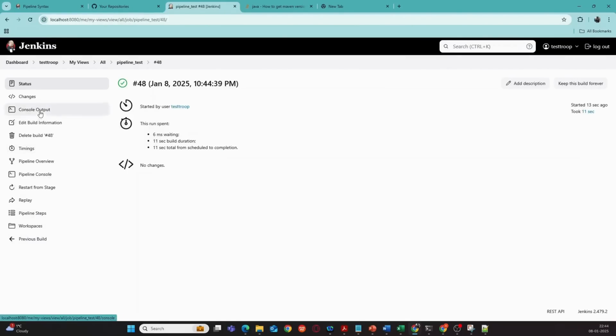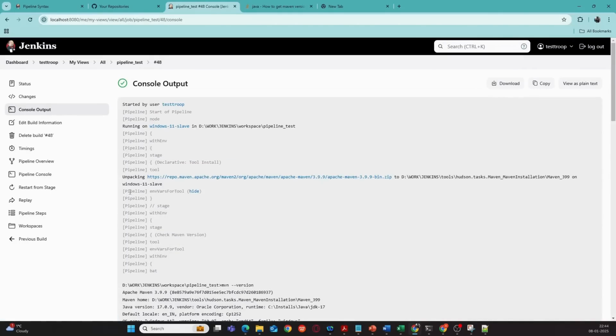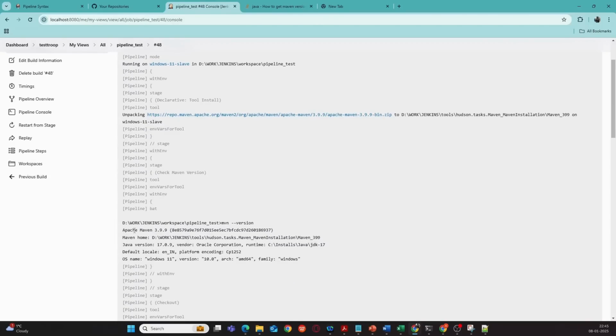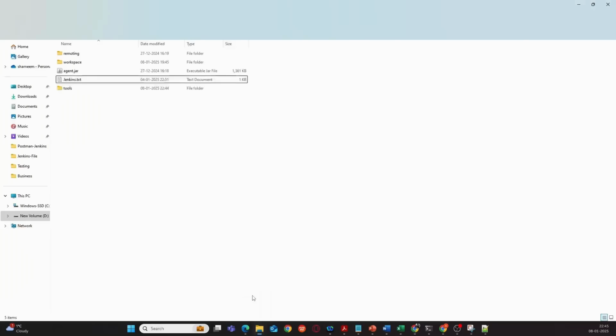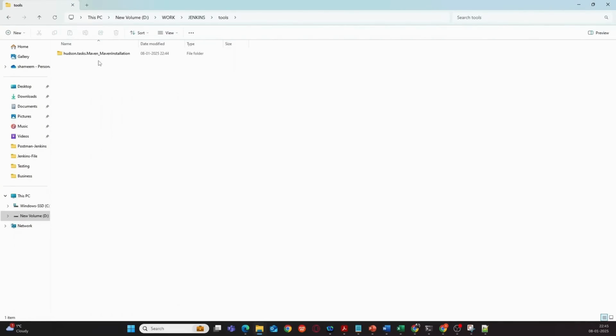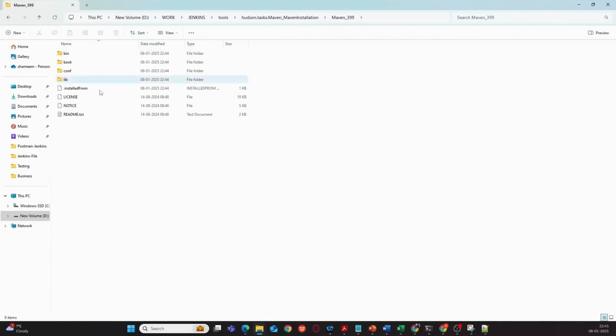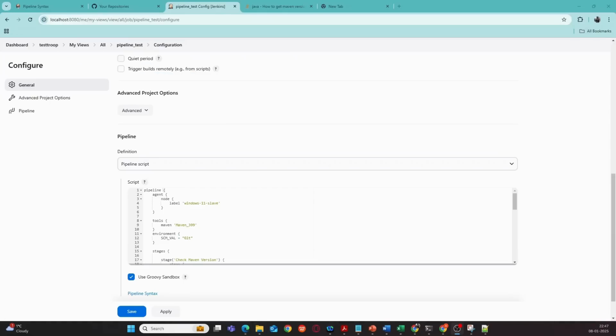Execution is complete. Let us go to console output, and if you see what it is doing under the tools section, it is trying to download the zip from Apache Maven and then unzipping that into this particular location. Okay, and when we try to give a Maven --version, it gives the version as 399. Okay, and if I go to a Jenkins folder, there is a tools directory under which there is a Maven installation. There is a bin here, right? This is how you can install the tool when the pipeline gets triggered, by providing a tool section in the